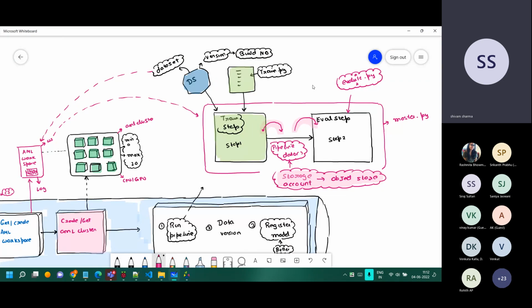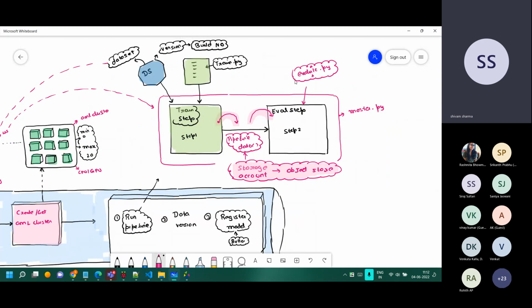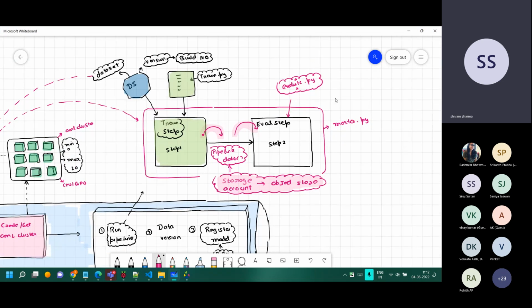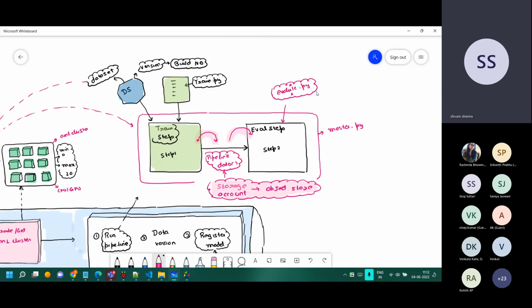So this is happening over here in the evaluate part, where we compare and then also save the information about the ML model. The metadata of the model gets logged over there.